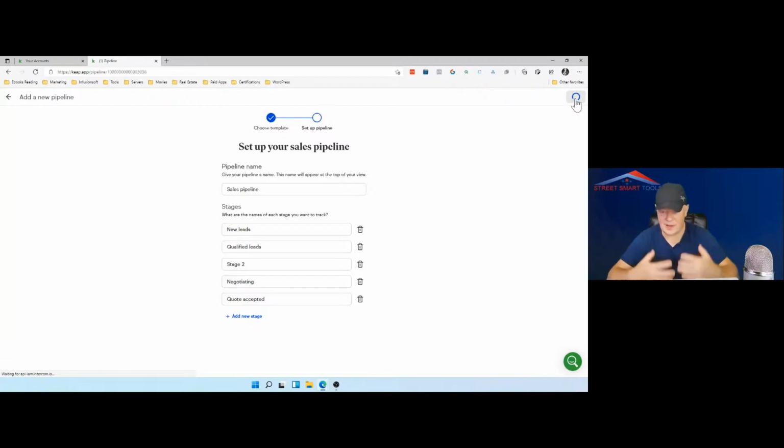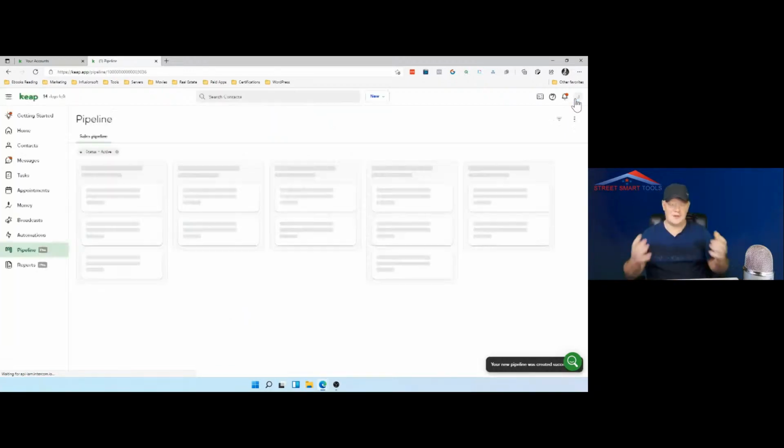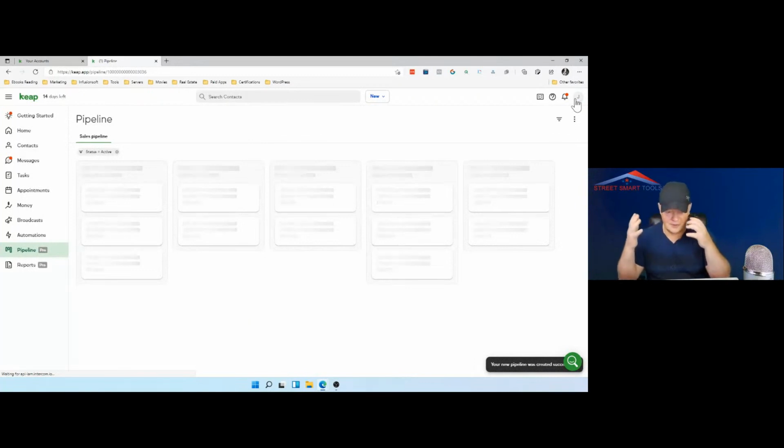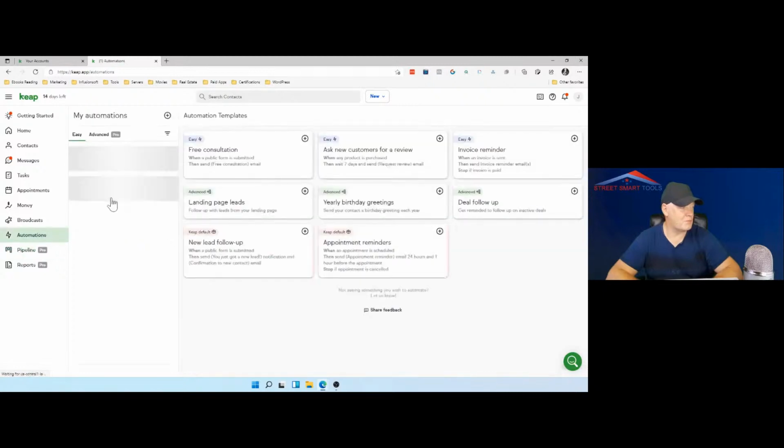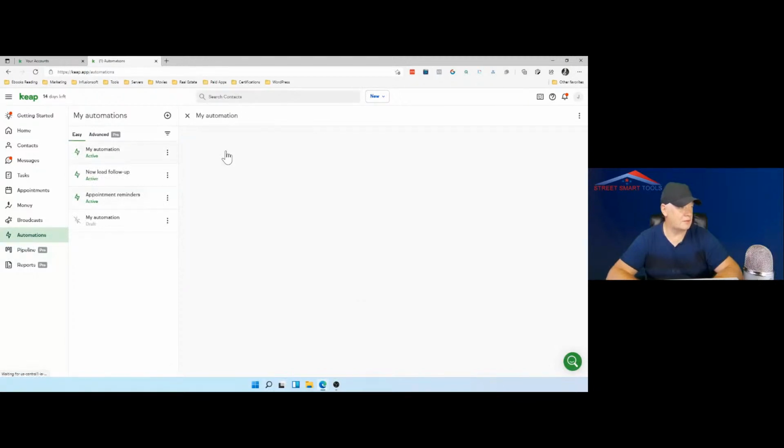Do you believe it and see it, how that can be modified, how your imagination has tremendous possibility to implement this, right? So stage 2, perfect. Okay, so let's go back to automation. My automation, and we will rename it.